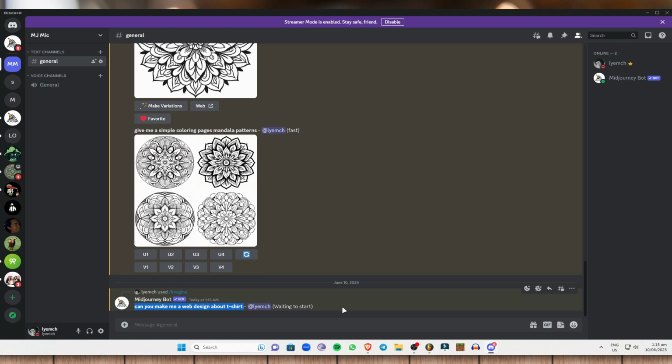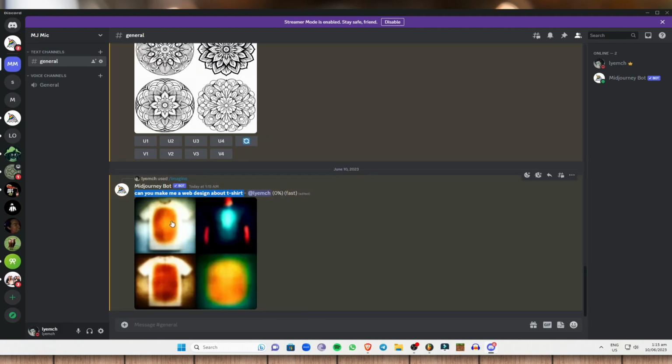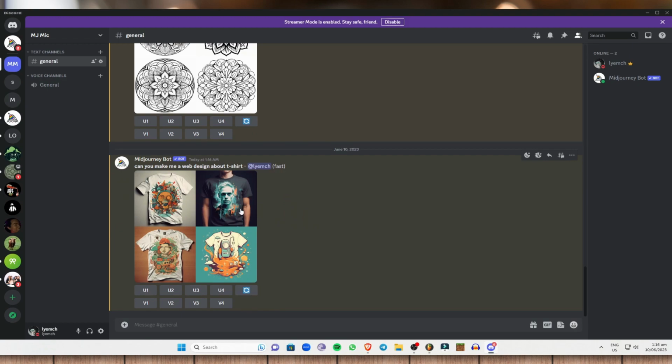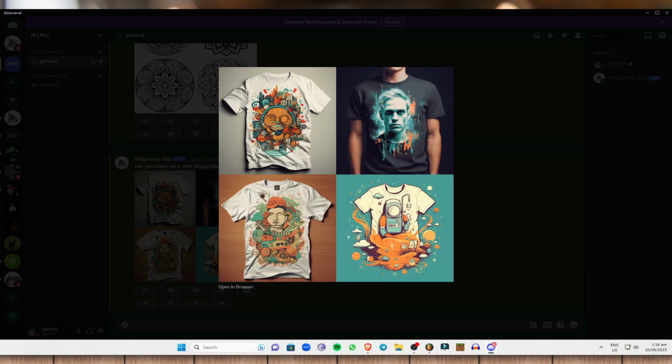This will take around 1 to 2 minutes or maybe around 3 minutes. As you can see right here, Midjourney is still at 15%, so we'll just wait for it to generate. Still at 46%, so let's just wait for Midjourney. As you can see, Midjourney has created a design about a t-shirt,